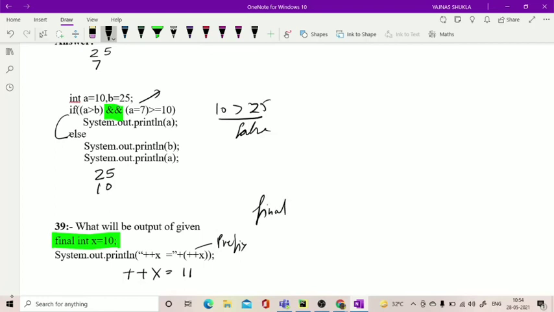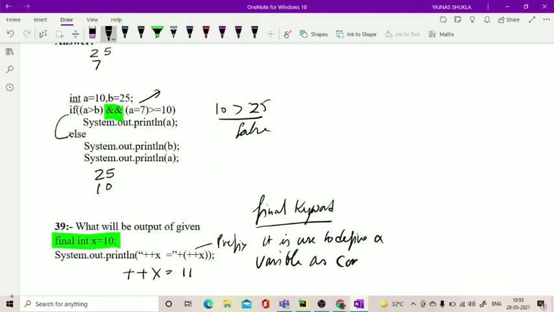Tell me. The final keyword is used to define a variable as constant. It means the value of the variable cannot be changed. Value of constants cannot be changed.